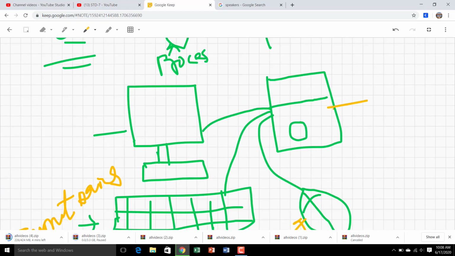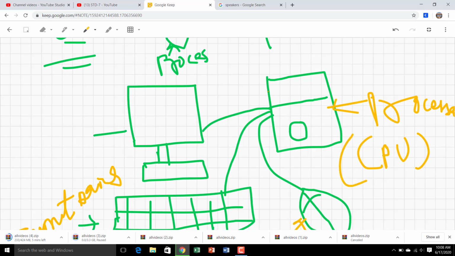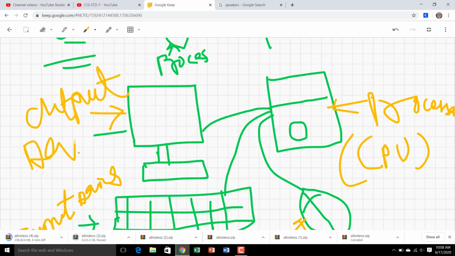This is the processor, or CPU, and this is our output device, the monitor.